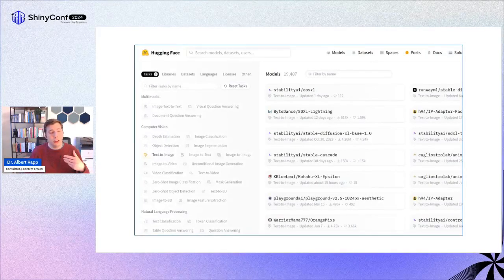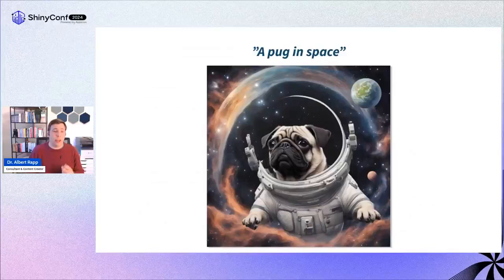I picked the model, and in that model, one of the parameters was the prompt. So I wanted to create a plugin space. And I know this is majestic, and this was really easy to create. So I wanted to go one step further.